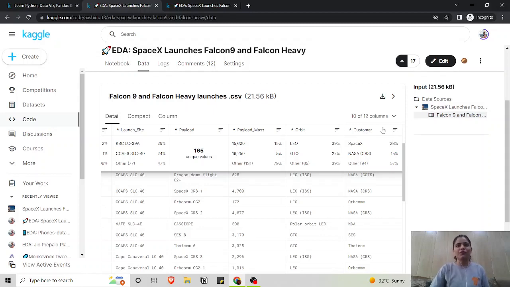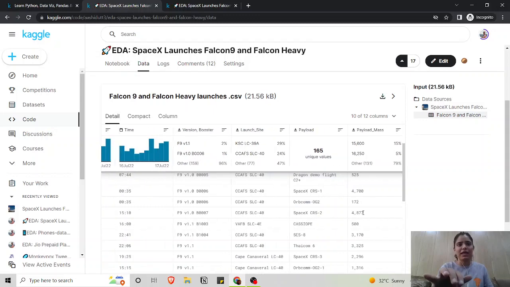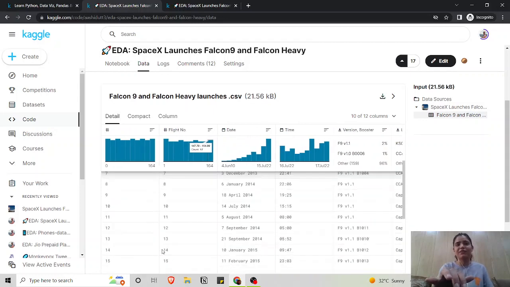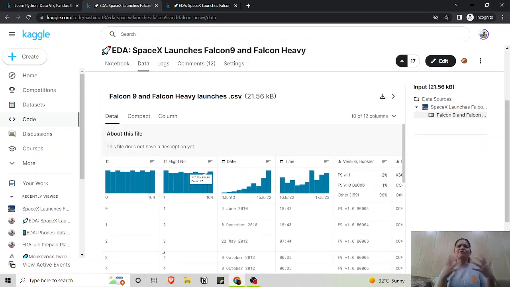So it's just 10 columns out of the whole 12 columns, and you can see we have a variety. We have some numeric data, some orbits like LEO and GEO, some strings in the customer column as well, some time series and date data, and some flight numbers, which are integers. So we have a variety of data to deal with here. And when you have a little glance at the data, it really helps you make up those questions in your mind that help you a lot while doing the EDA.